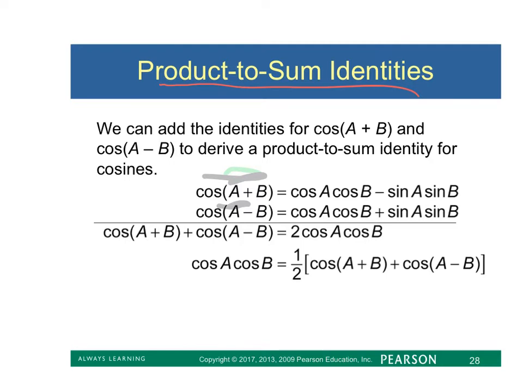Well, we already know the identity. Cosine A plus B is cosine A cosine B plus minus, sorry, we switched the signs for sine. Sine A sine B. Cosine A minus B is cosine A cosine B plus,